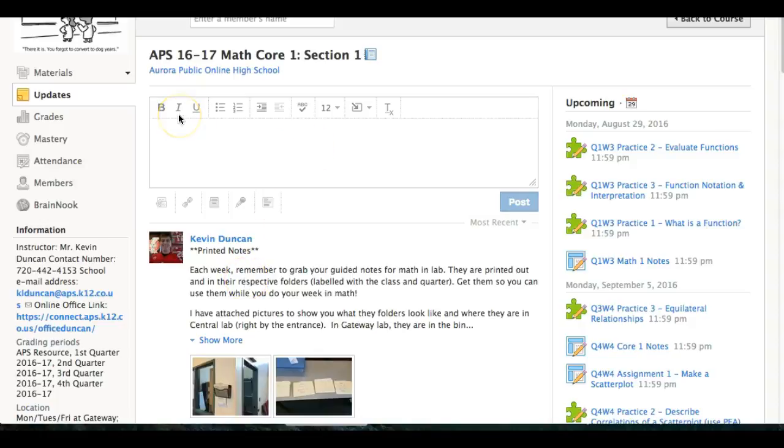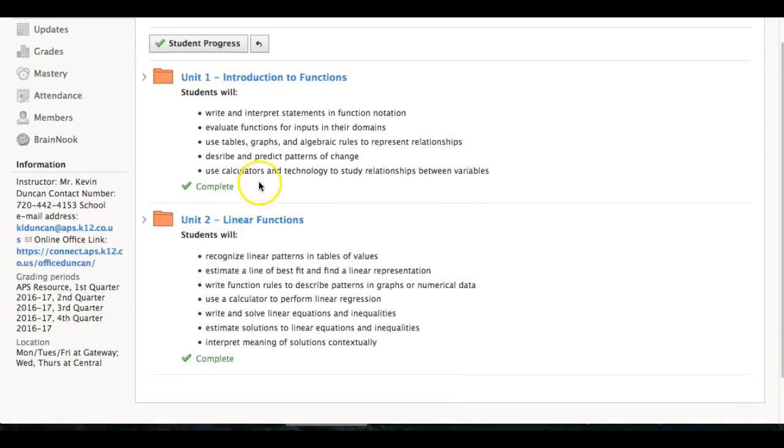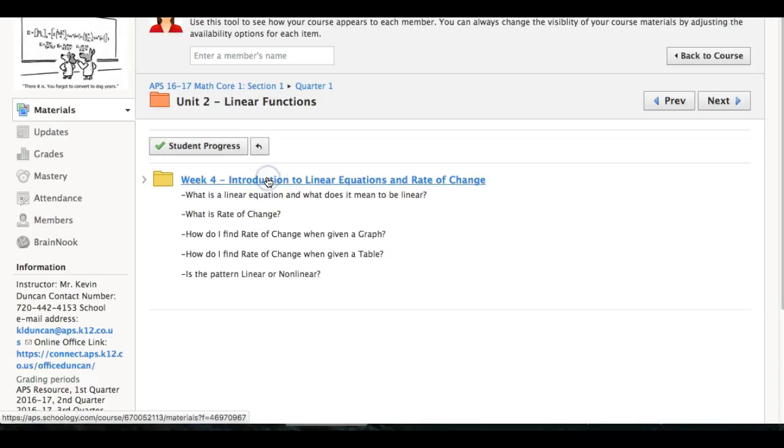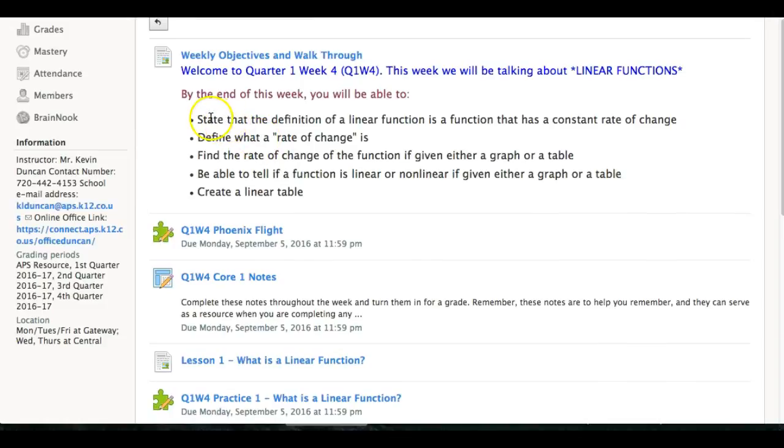Quick walkthrough of quarter one, week 4. Let's go on to quarter 1. Hey, we're in unit 2. That's a new folder. Check that out. And week 4. So for this week, by the end of the week, you should be able to state that